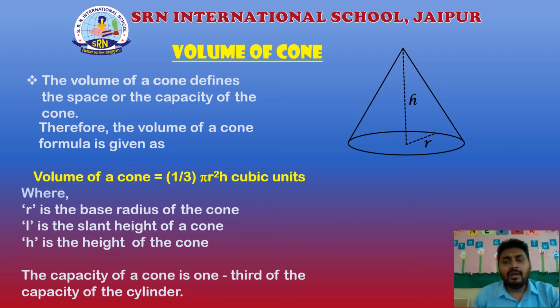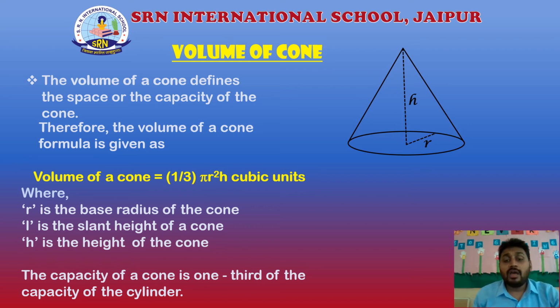Now but when we come to the daily life, what is the volume of cone? So if we take a cone and we fill the sand into it, now how much sand is filled into it, that particular amount is the volume of cone. So therefore the volume of cone defines the space or the capacity of the cone. Therefore the volume of cone formula is given as volume of cone is equals to 1/3 pi r square h